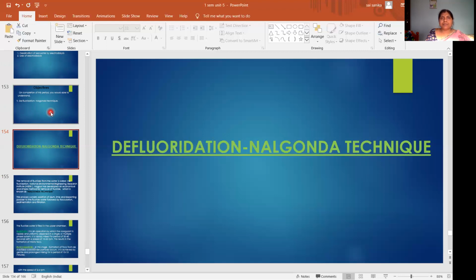Then next come the problems on hardness. Osmosis, reverse osmosis: very, very important definitions. How will you define osmosis? They will ask the definition of osmosis, the definition of reverse osmosis, or they can ask you to explain reverse osmosis. So you have to explain reverse osmosis and desalination. They can also ask what the application of reverse osmosis is, that is desalination by reverse osmosis, which you have to explain. So definitions are very, very important.